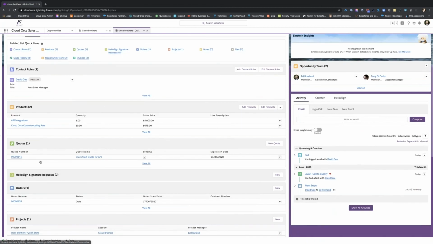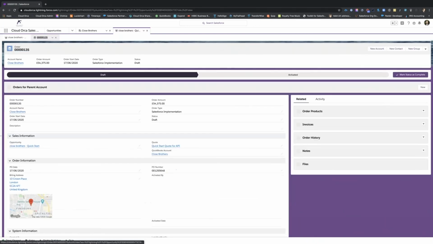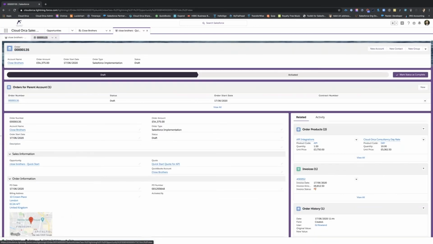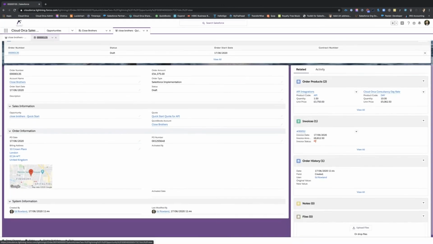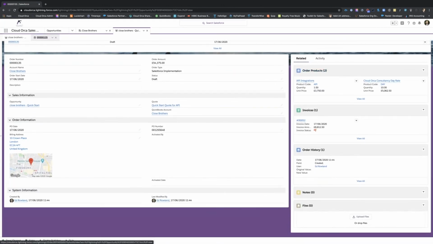Okay, and then so what it's done is from within that, and I'm just going to really touch on this briefly, it's created an order. Okay, like a post sale, because you might want to automate things straight from the sale. You might want that one step process, where what it's done for us is it's come in here and it's created a sales order. So that order that we've got there, okay, it's created that order from the different products